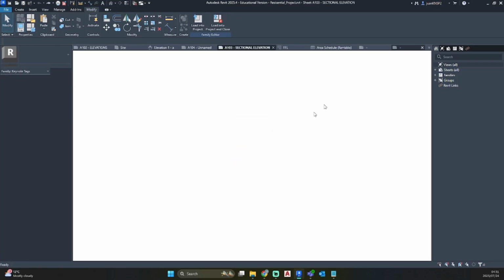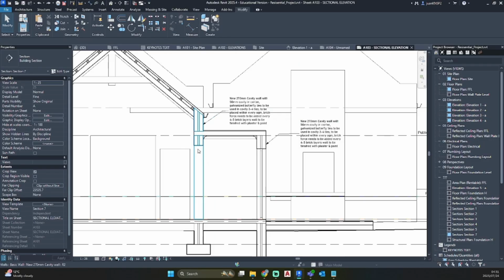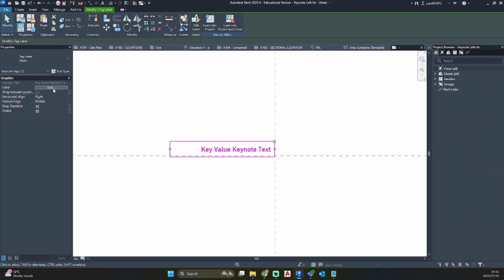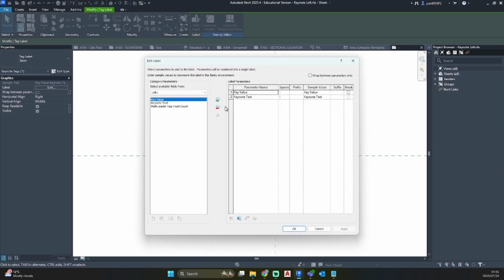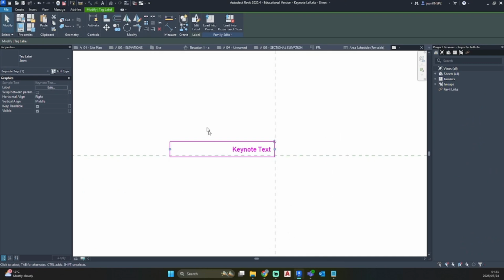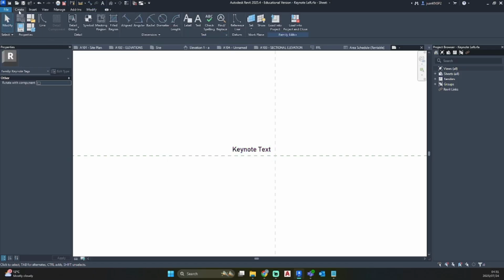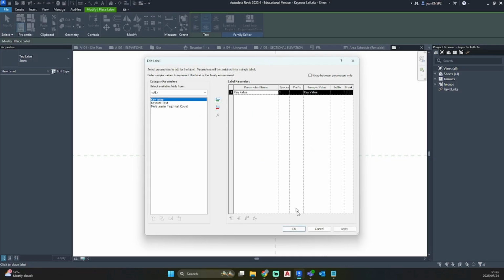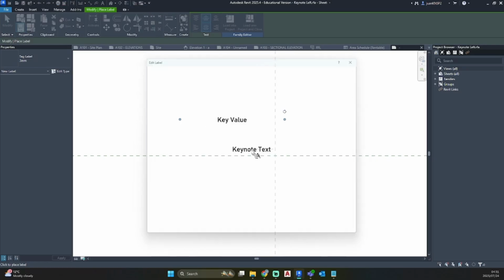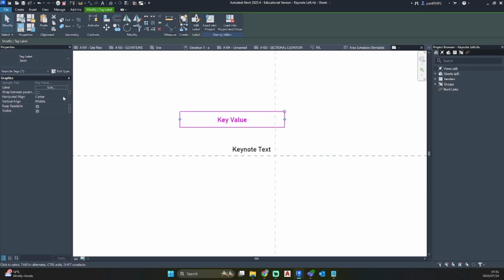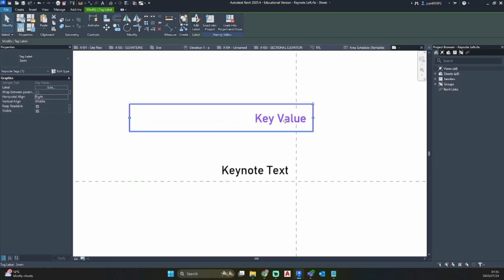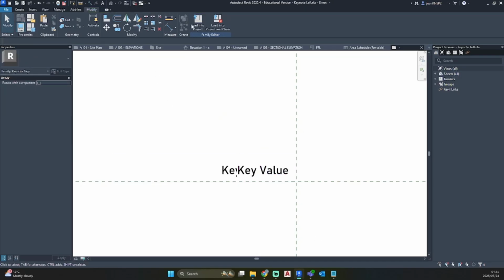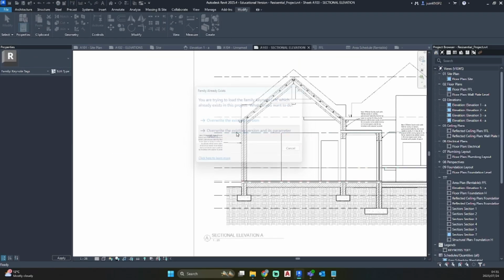Oh yeah, there is my error. So I need to go edit family, edit label, need to remove my keynote value, go create label, tag, keynote value, okay, create my horizontal align to right and place that over the other one, load into project, overwrite.